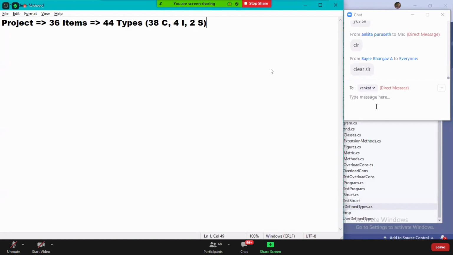What is a solution? A solution is a collection of projects. What is a project? A project is a collection of items. Solution is a collection of projects, and project is a collection of items.